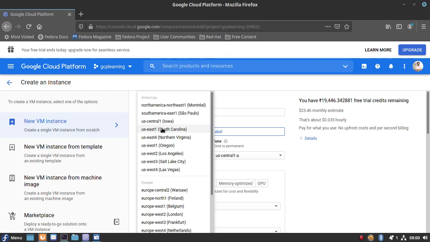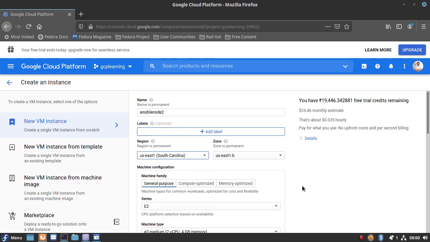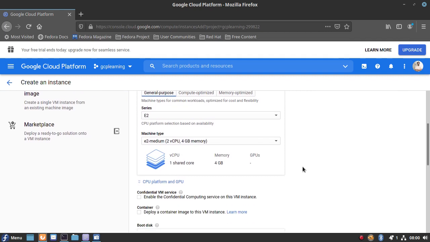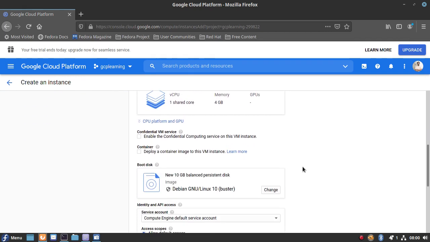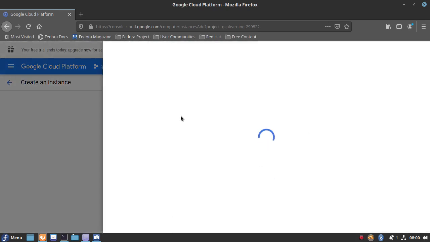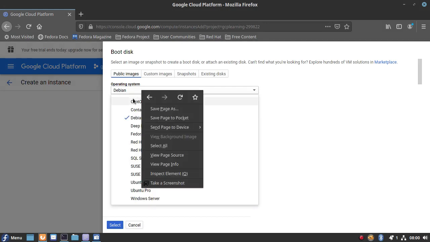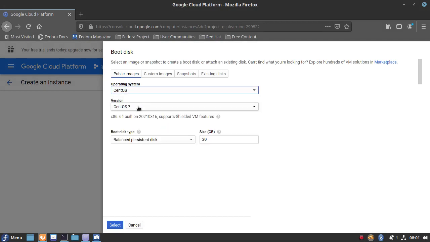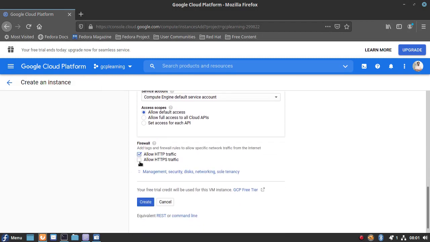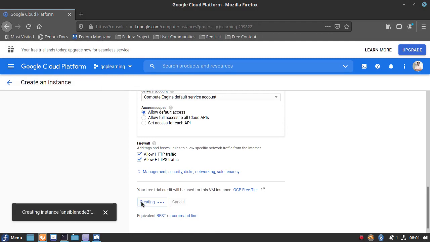So let me select US East, and US East 1B is the zone. Let me set it as default, and let me change the operating system to CentOS 8 with a 20 GB boot disk. Let me select it and quickly spin up. So allow HTTP, HTTPS, and create the instance.